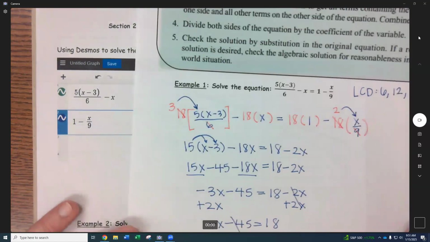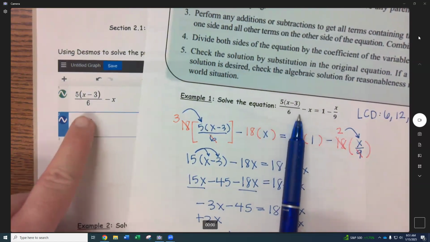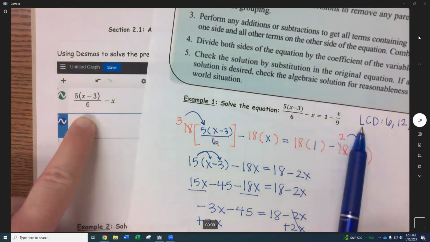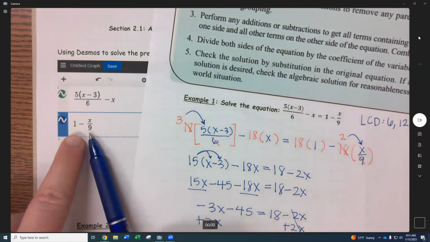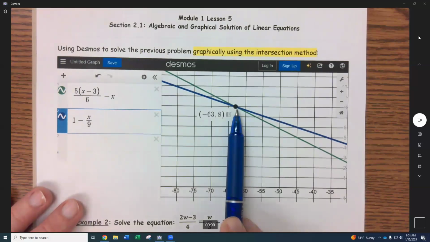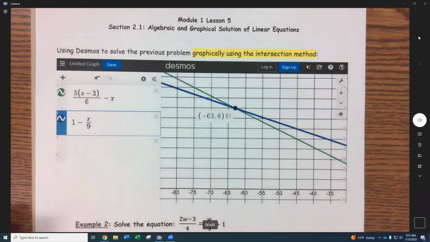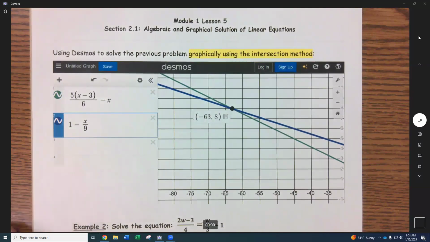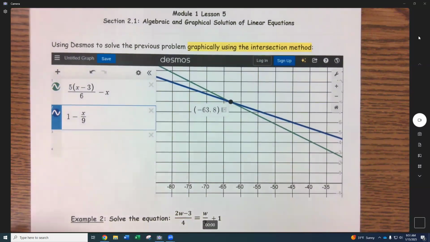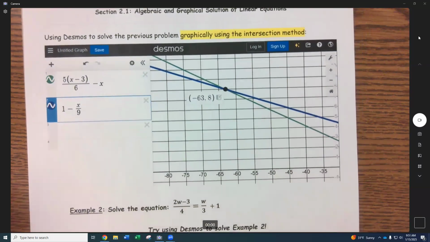Okay, but you can see here, if this is what my problem is, all I am doing is taking one side of the equation and putting it in as my first line. I'm taking the right side of the equation and putting it over here as my second line. And so what's going to happen is you're going to see those two graphs and my solution is where they met. So we got -63. So here's kind of a screenshot as to how to use Desmos to solve graphically using this intersection method. Okay, so you can go ahead and try this on Desmos yourself,